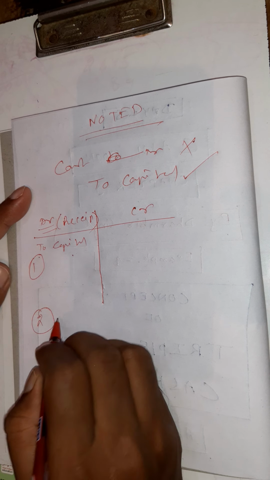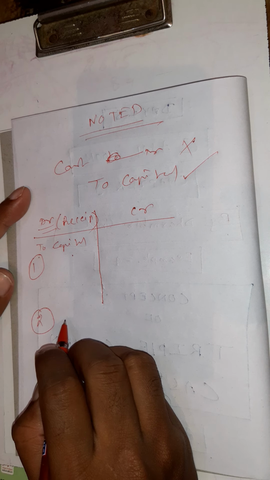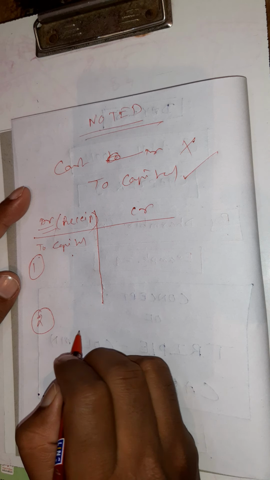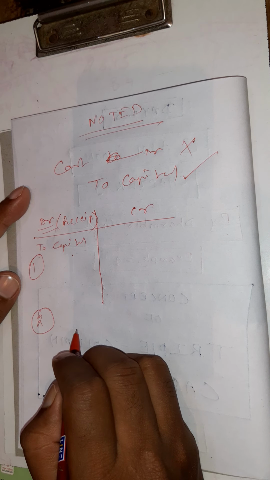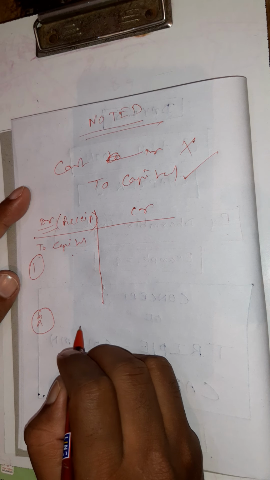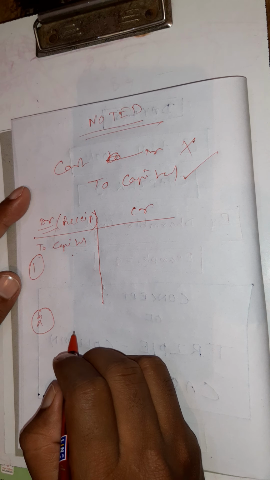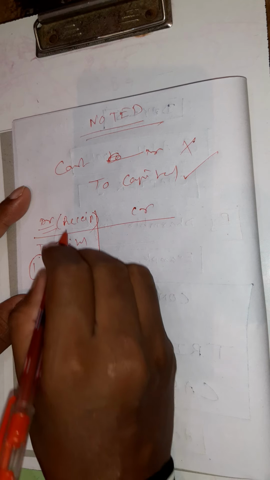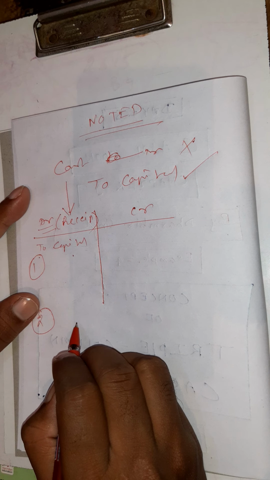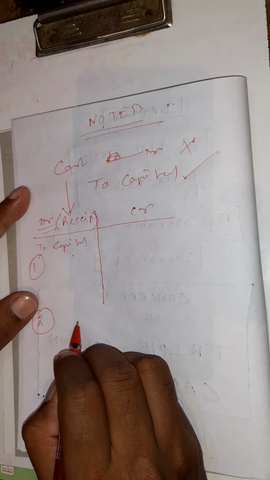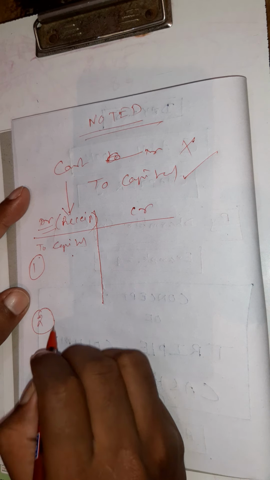Second point: receipts are written on the receipt side. Cash in the cash column and checks and drafts in the bank column. In the particular column, the name of the account from which the payment has been received is written. If a check is not deposited in the bank on the same day, it is recorded on the receipt side in the cash column. On the date of deposit of the check into the bank, it is recorded on the receipt side of the cash book in the bank column and on the payment side in the cash column. This is point 2.